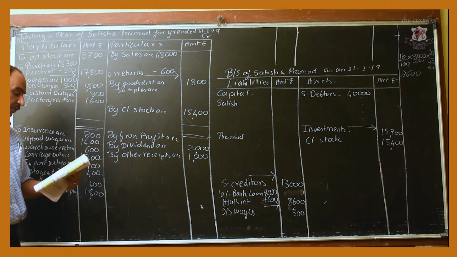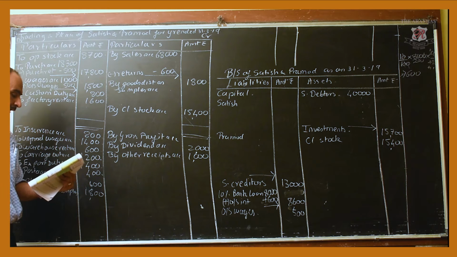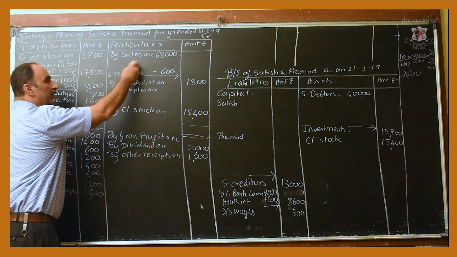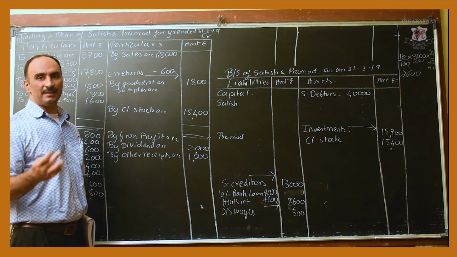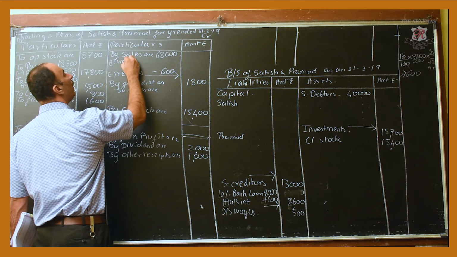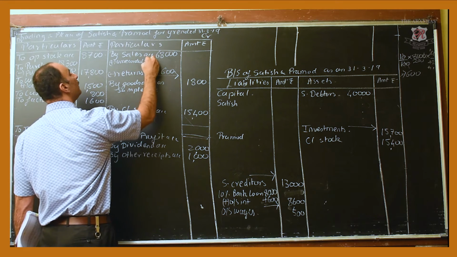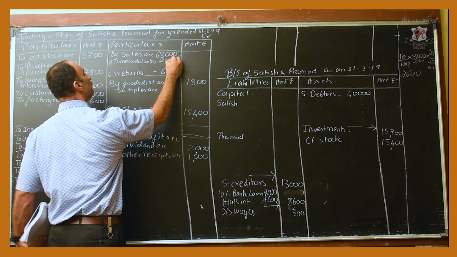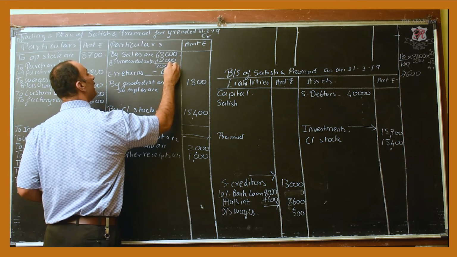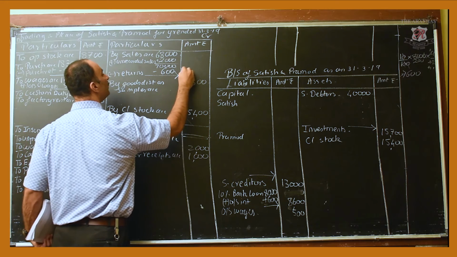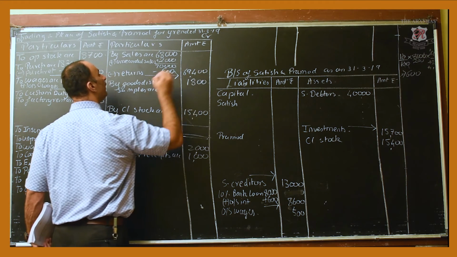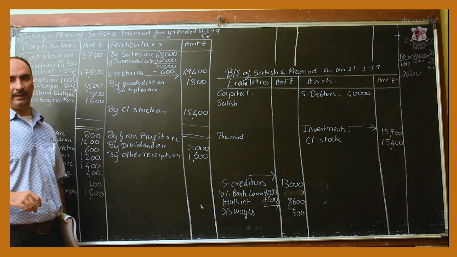After that, now see the last adjustment. Goods of 2,000 were sold and delivered on 31st of March, but no entry is passed. Now, if you have sold goods, the value of my sales will increase. So I will add this first to my sales, plus unrecorded sales. So unrecorded sales is 2,000 rupees. So the value of my sales becomes 70,000. From 70,000 I will subtract 600. 69,400 is what I will get outside.